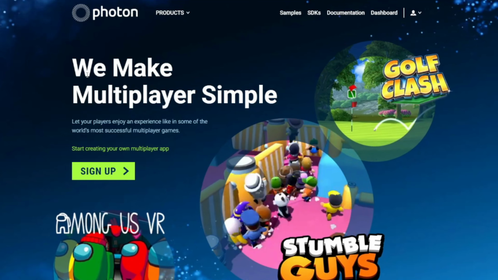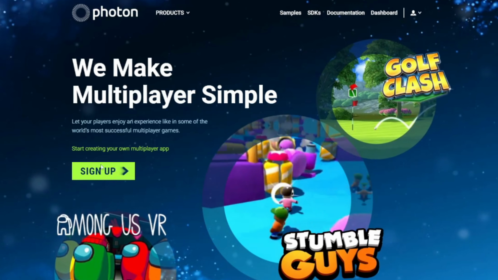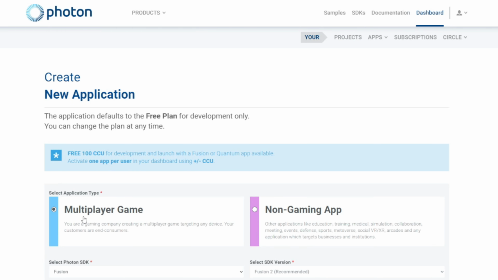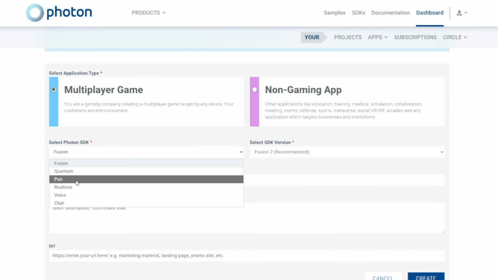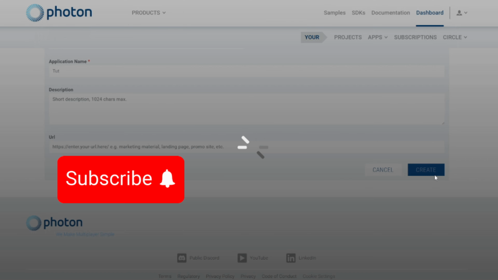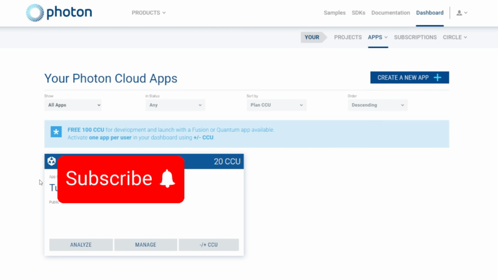Right, so now you want to go to photonengine.com. You're going to need to sign in, and then it should take you to a page like this. I'm going to create a new app. Make sure it's Multiplayer Game. Make sure it's PUN. Just set it. I'm going to say tap to it, and then just click Create. One thing, you never want to share your app ID, so never let anyone see it. Just click Control C, copy it, and then